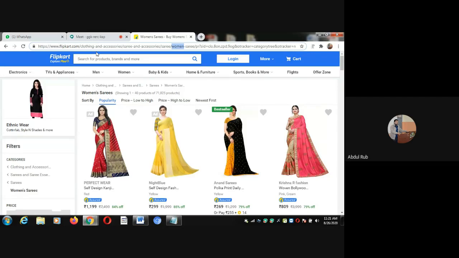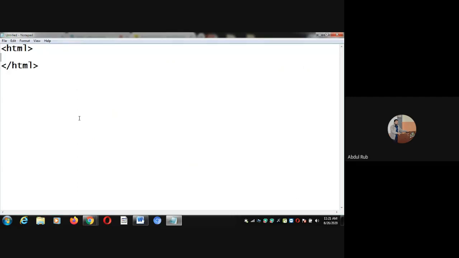So firstly I'm going to create a web page. I'm telling you how to create a web page. This Women Sarees is the title bar. So how to create a title bar? I am going to create a simple web page. In the web page I want to display only a simple title. You are BTKG students, so I want only the word agriculture to be displayed on the title bar.